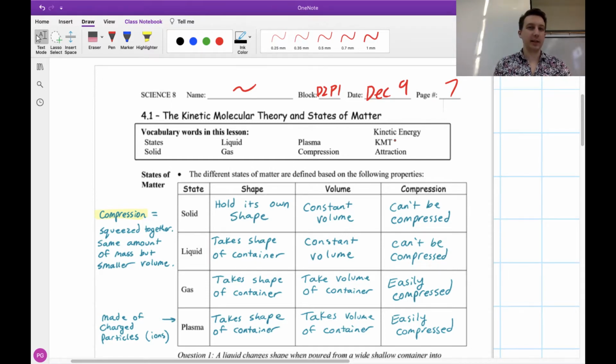Today we're going to be starting the last topic in chemistry, and that is called Kinetic Molecular Theory, or KMT for short. So that's this thing up here. Often we say KMT for short. And we'll talk a little bit about what this is, but first make sure you write your name at the